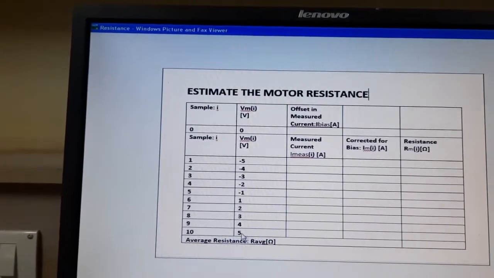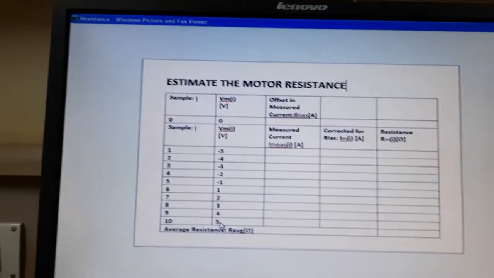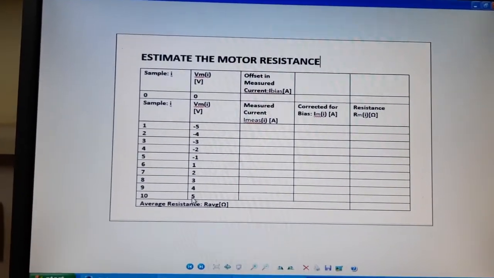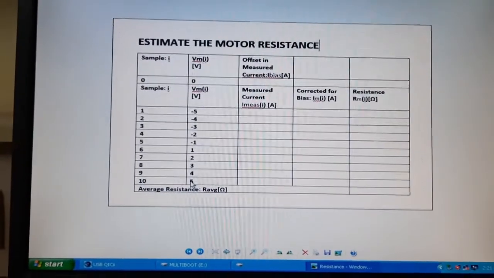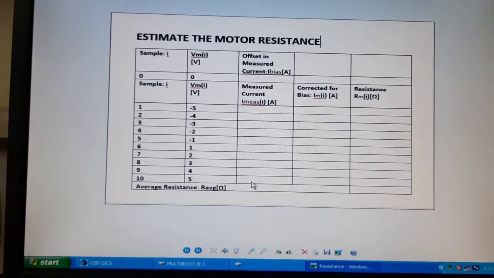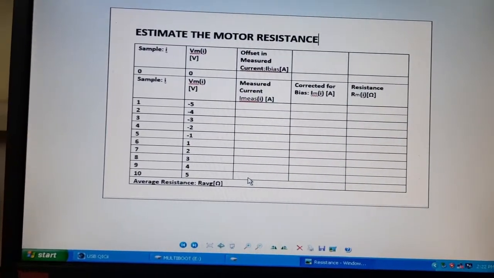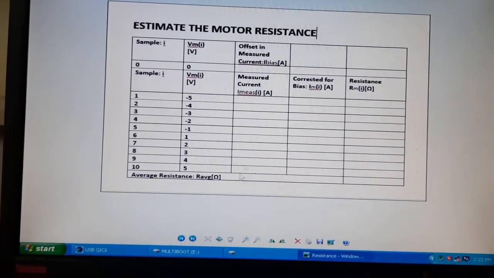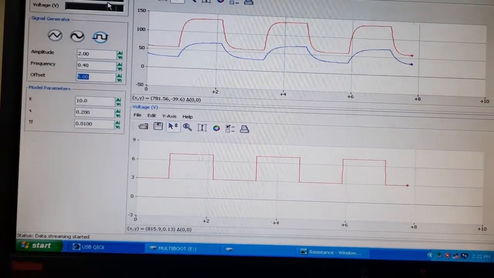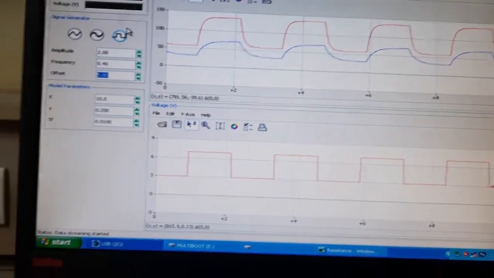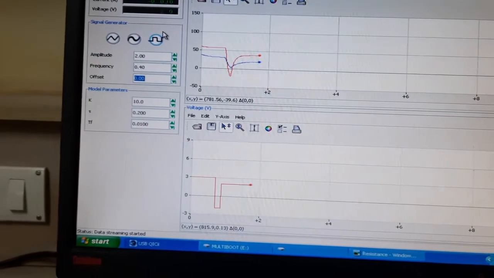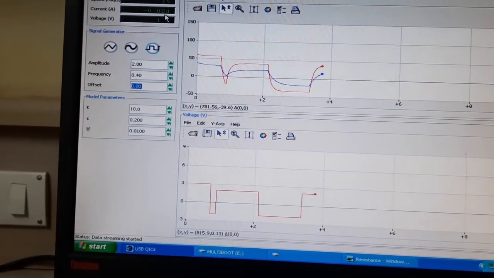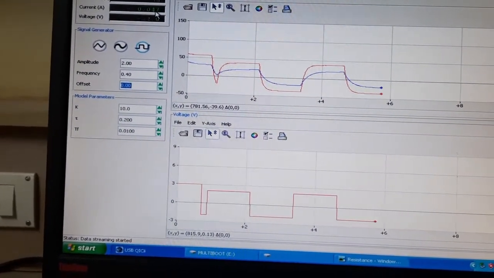Suppose we had applied the offset value 5 and we have measured the current 0.4, and our bias current is this one, 0.032.